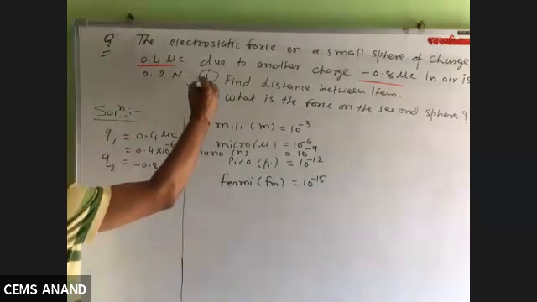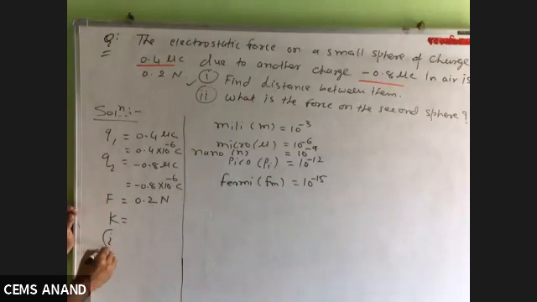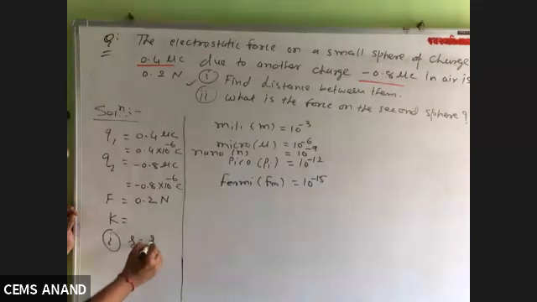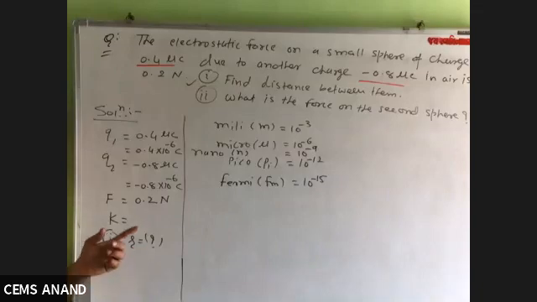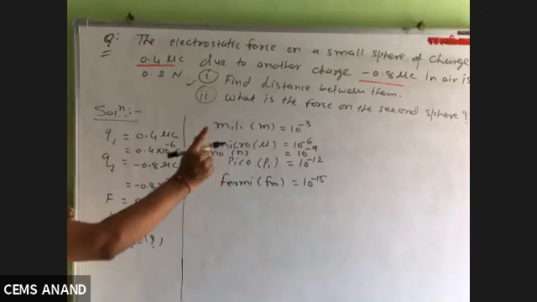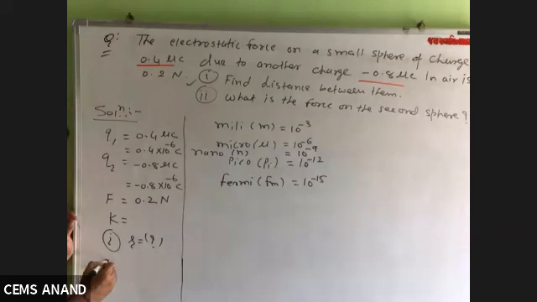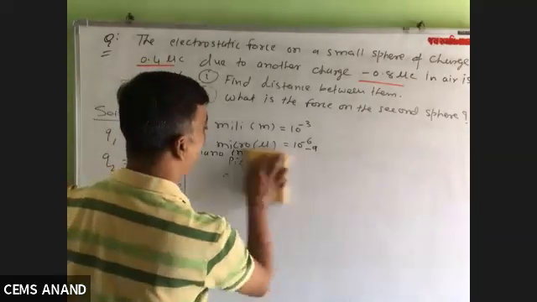Now our first question is to find distance. Isn't it similar to the problem we did previously? So just go for it on your own. And the second one asked is F dash. What it means, dash, it's the force on the second one by the first one. That statement we'll write later. But first, go for your first calculation.